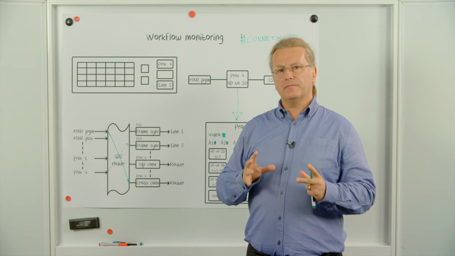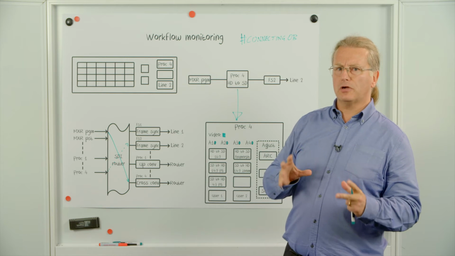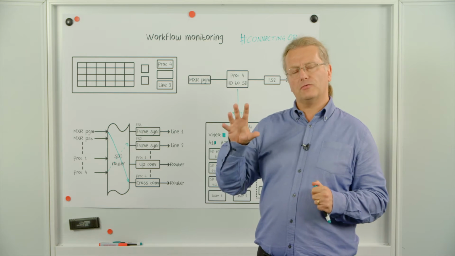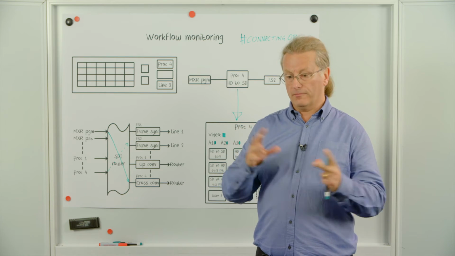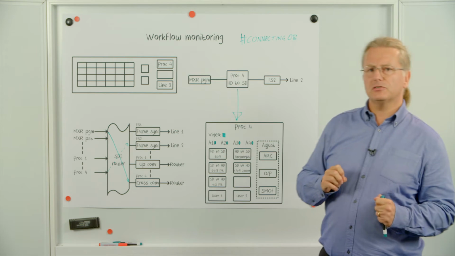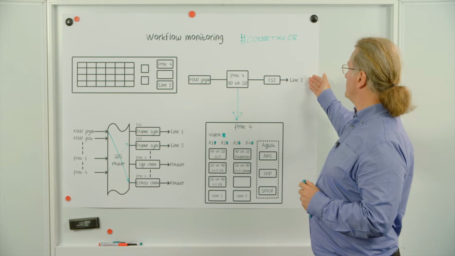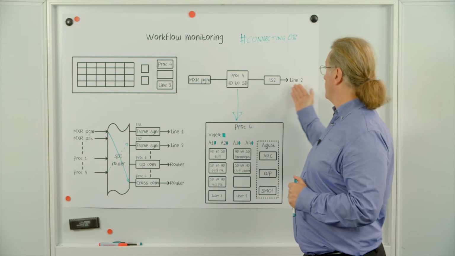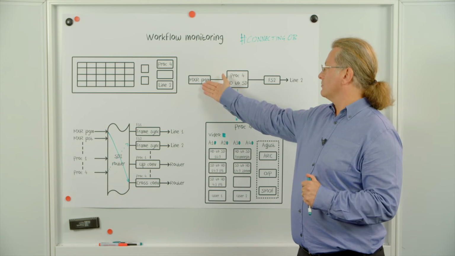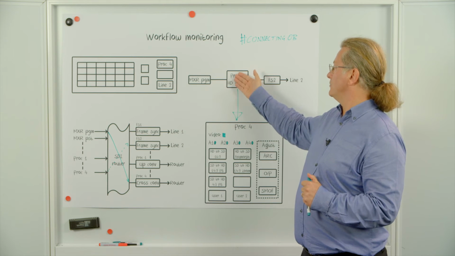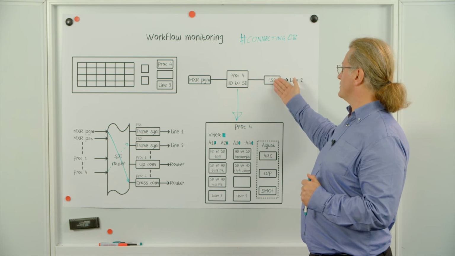I think it'd be better that your operators were given a single go-to piece of software to show them what their workflow was. And one of the easiest ways of demonstrating the workflow is to use a flow diagram. And here we can see the flow diagram for line 2. The signal originates from the mixer and passes through Proc4 and this frame synchronizer.